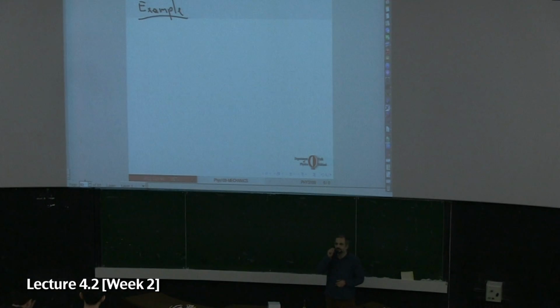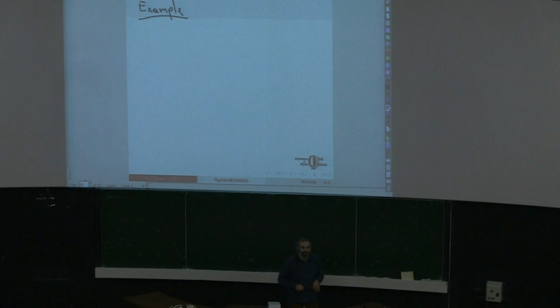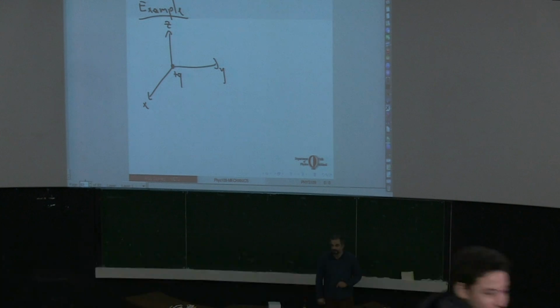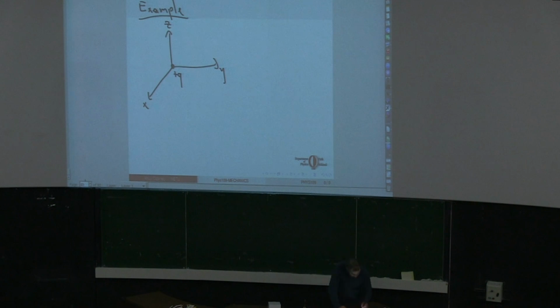Okay, let's do another example. Now, up to now, in the previous examples when we calculated the flux, they were just flat surfaces. Now, let's take a bent surface. This is X, Y, and Z. And let's say we have some charge over here, plus Q charge. And I will imagine, let's say, a semisphere